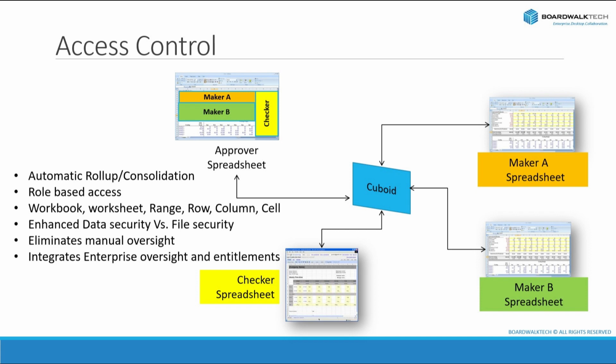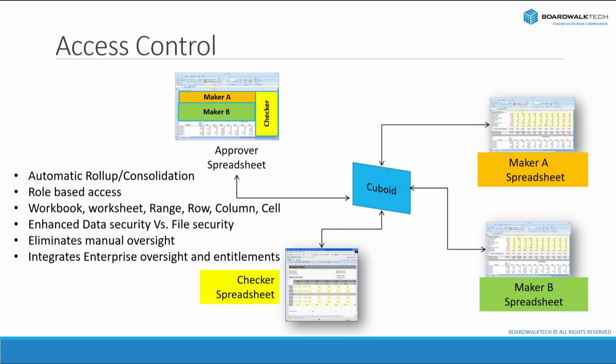The user, approver, has access to all the data that has been submitted to the Boardwalk database. They see Maker A and Maker B data along with the checker's insights. They may have additional columns where they can document their comments and provide their approvals and submit the data back